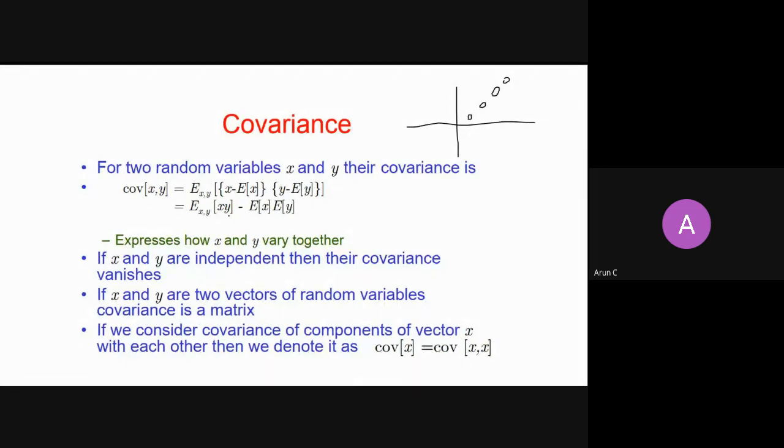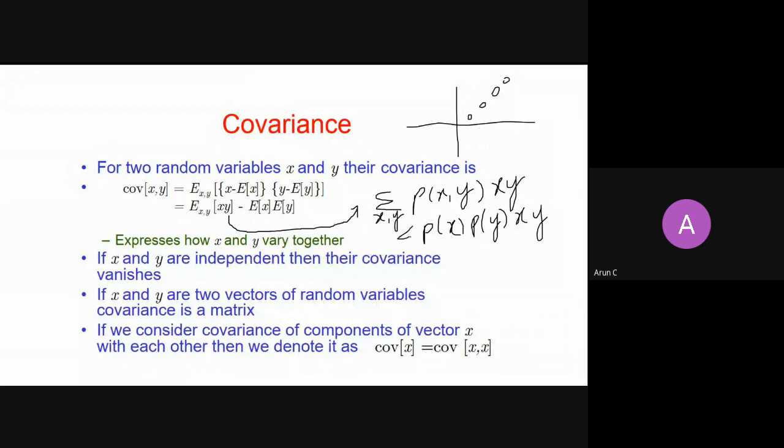Let's try to see it. So I say that this is expectation. I want to generalize it into a discrete case. Expectation, if you open the formula, is the probability of xy times the function itself. The function is xy, right? When I say they are independent, it means you can expand it as probability of x times probability of y, because they are independent, right? And the summation is over x and y, because there are two variables.